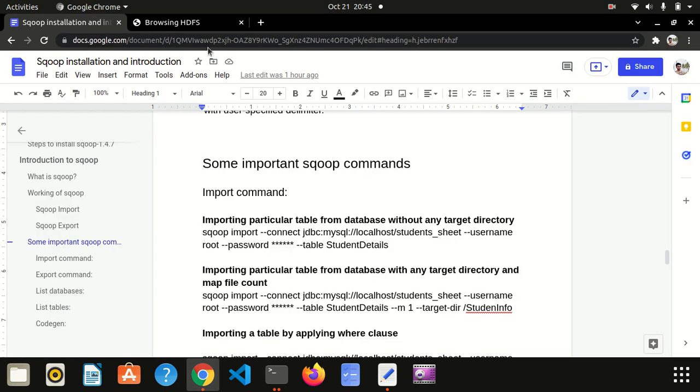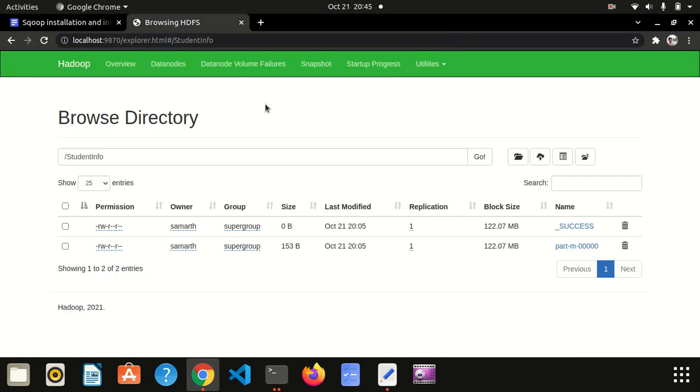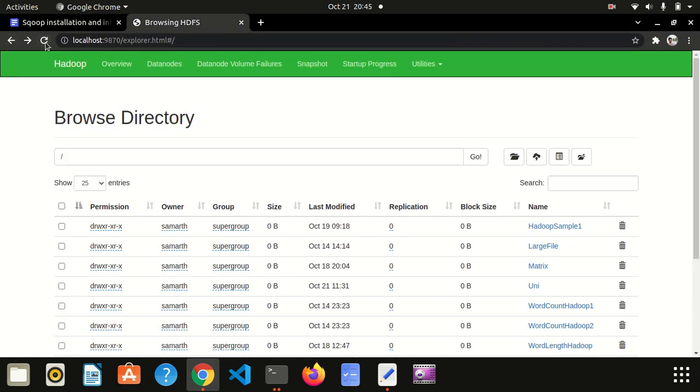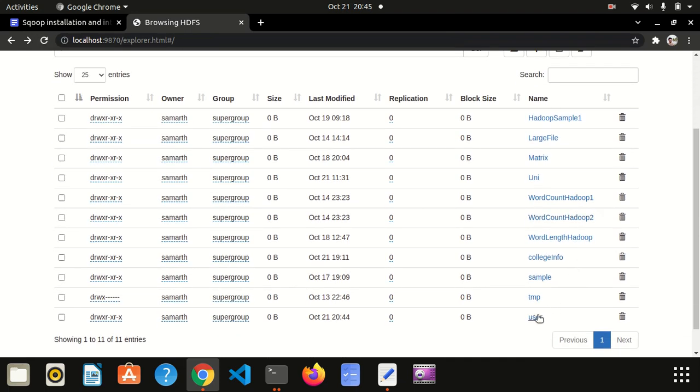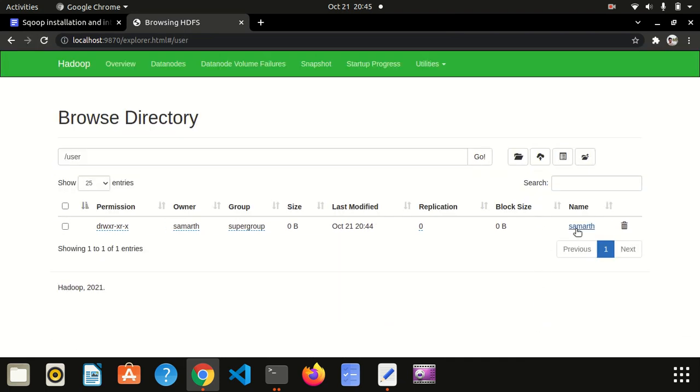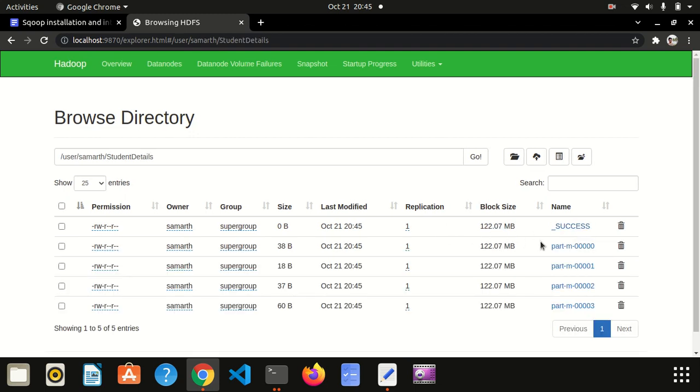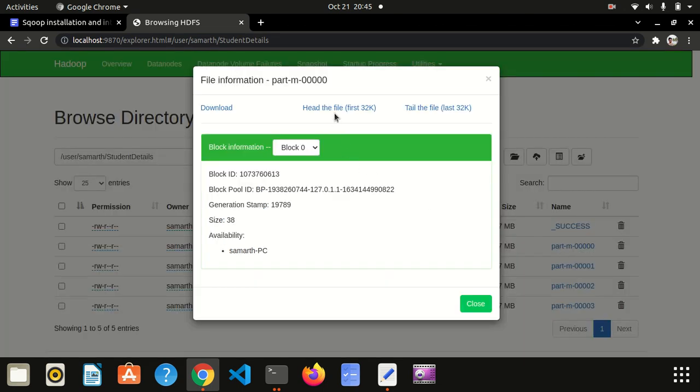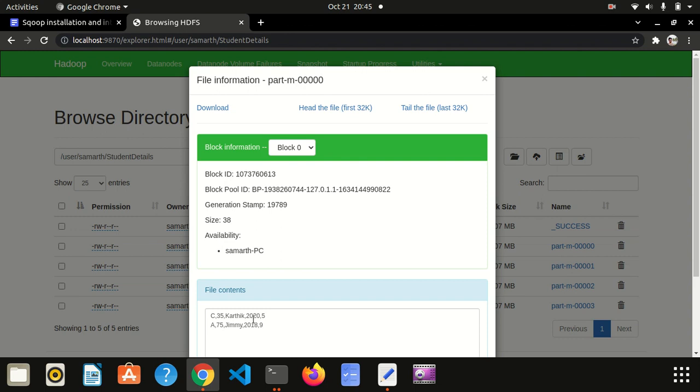Now if I go to my localhost 9870, you can see it has created a directory as user Samarth. Student details is my table name. As I said, I had not given any mapper count, so it has created a total of 4 parts. It divides my table into 4 parts.